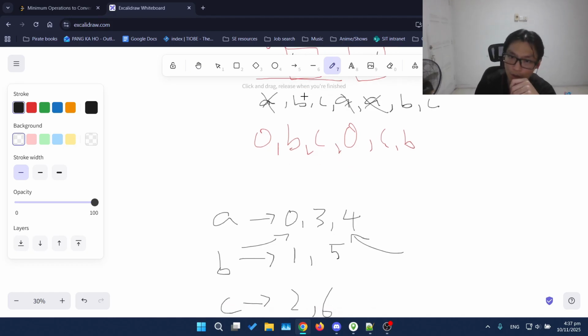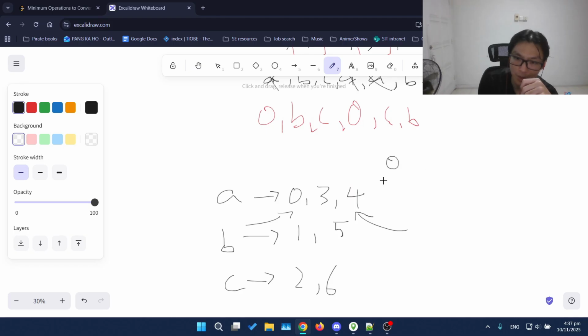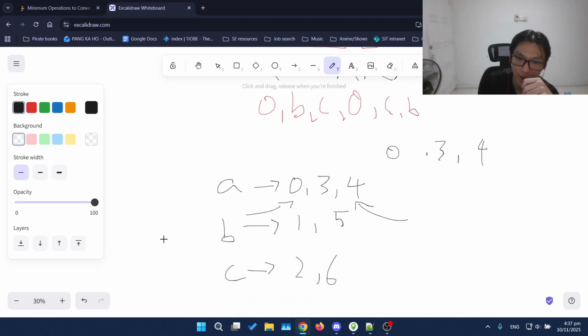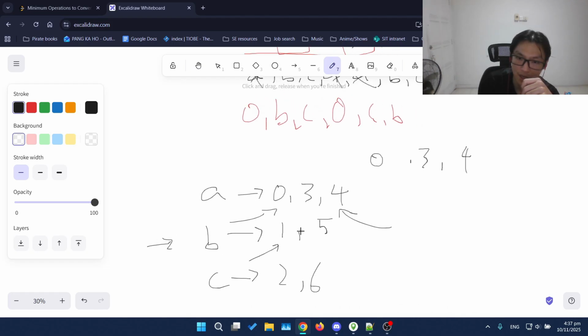Okay, we cannot cross the walls. We cannot cross the walls. So now you say your walls are 0, 3, 4. Then you want to select a range. This is the next smallest number. You want to select a range in this number that